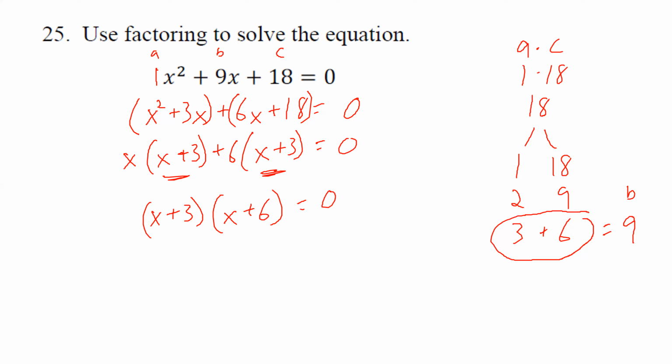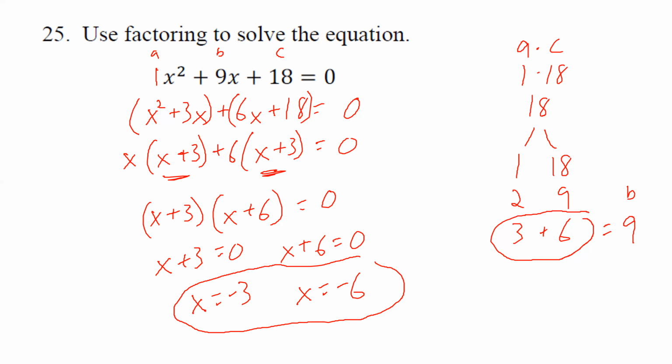What are my solutions? Since they're asking us to solve, each one of these factors has to be set equal to 0. So x plus 3 equals 0, and x plus 6 equals 0. And then solve each one separately. So subtract 3, we get negative 3. The other one, subtract 6, gives us negative 6. So the solutions are negative 3 and negative 6. Now,